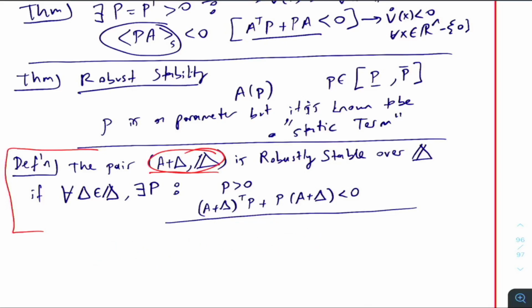Okay, this expression, this linear dynamical system, let's call it parameter dependent, or uncertainty including, right? Possessing uncertainty, linear dynamical system